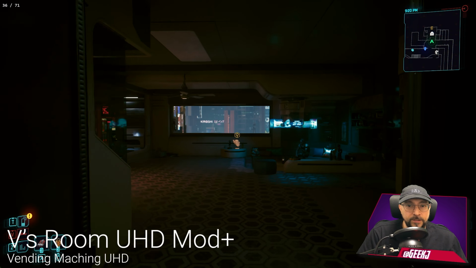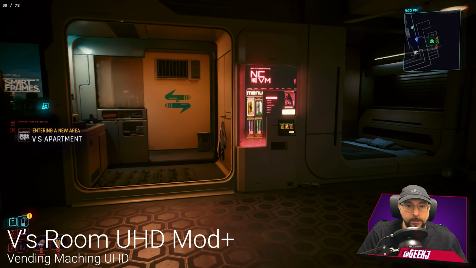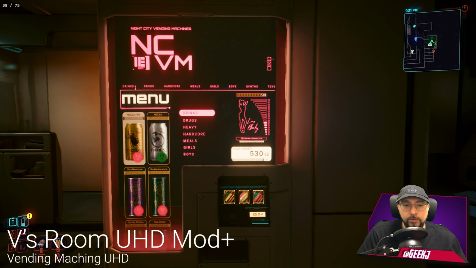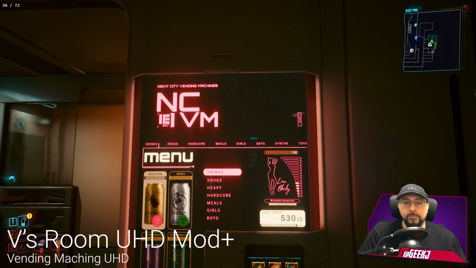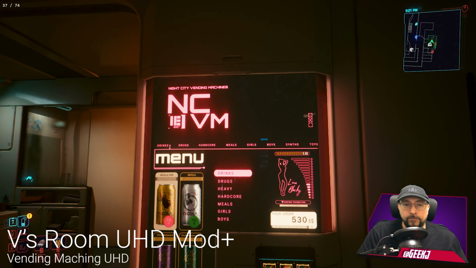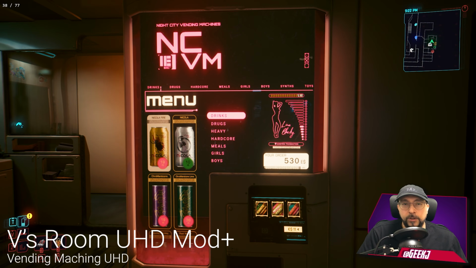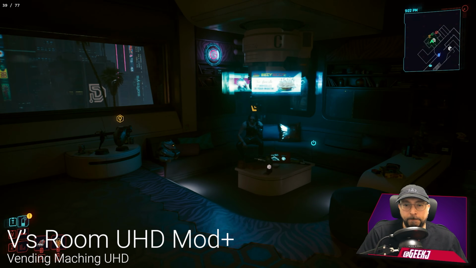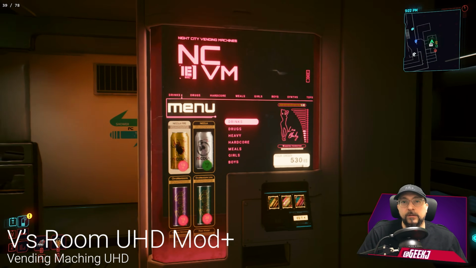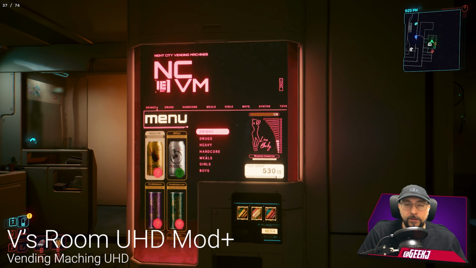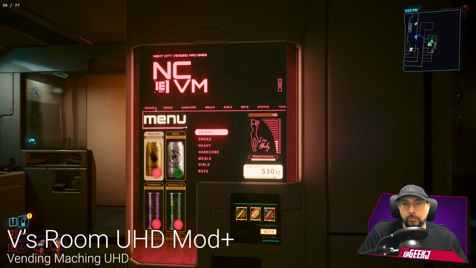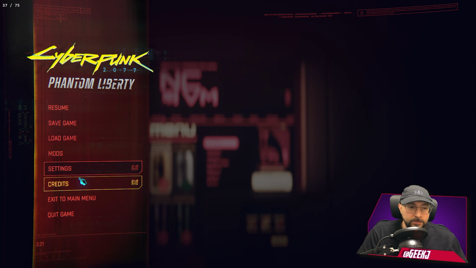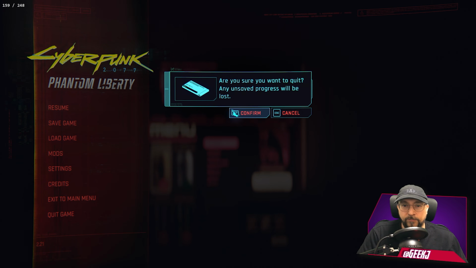Okay, let's see what has changed. And lo and behold, we have our new really pretty 4K new texture for our vending machine in our room. And there you have it. That's how the archive conflict checker tool works in Cyberpunk 2077. Pretty simple. Let's exit out of our game,